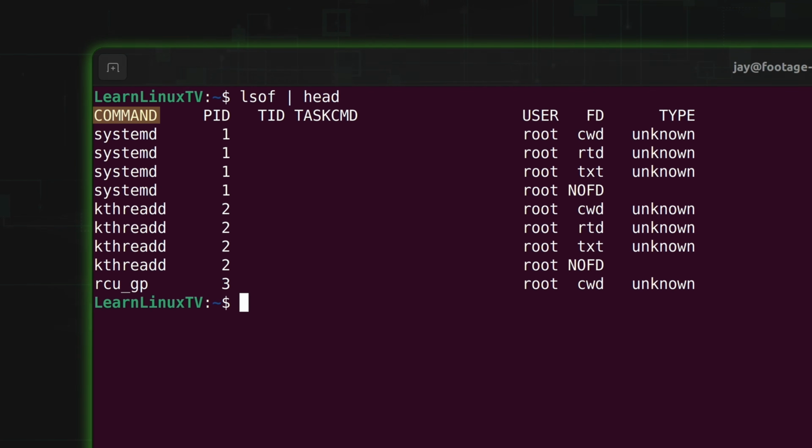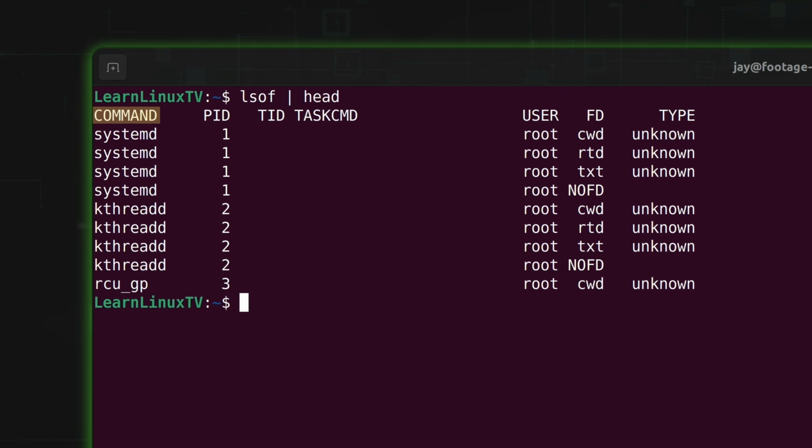Anyway, the first column that we have here is the command column. That gives us the command associated with the open file. And every line in the output is going to pertain to an open file. Keep in mind that in Linux, everything is a file. And that's especially important when you are trying to understand the lsof command. Every line, again, pertains to an open file. And like I mentioned, the first column is the command column, so that's the command that's associated with that open